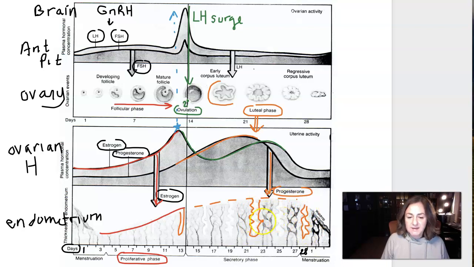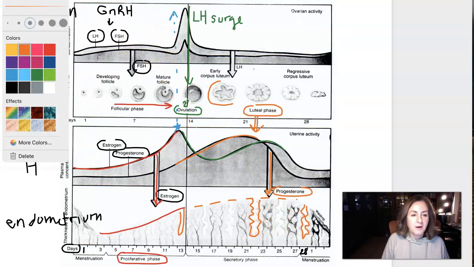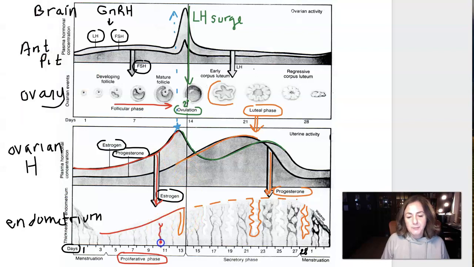And that's going to help with implantation. The other thing that we want to notice here as far as an effect of progesterone is the blood supply. So we see like little blood vessels coming up through the lamina propria